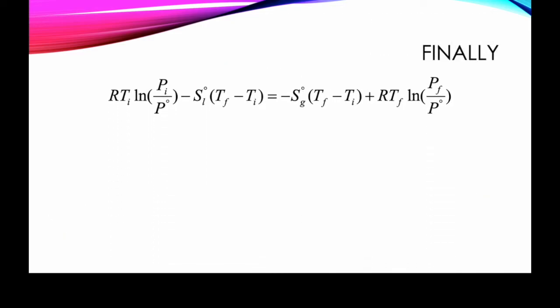All right, so now finally we're going to start putting it together. After canceling out those two terms on that previous slide, we're going to note that this is what we have for the liquid, this is what we have for the vapor after we've canceled the first two terms out. All right, so now we can just start doing some algebraic rearrangement. Remember, this is what we're trying to calculate, the final pressure.